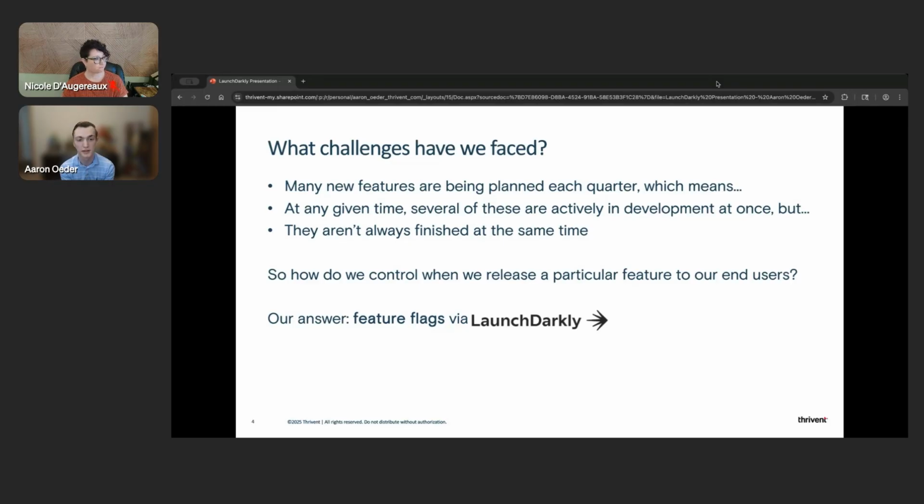They might be requiring coordination with other teams and may span several months before they're truly ready to be in front of our live user audience. So a natural question comes up: how do you control when you release a particular feature to our end users? Ideally, when a feature is done and ready to be released, we'd like to release that feature and only that